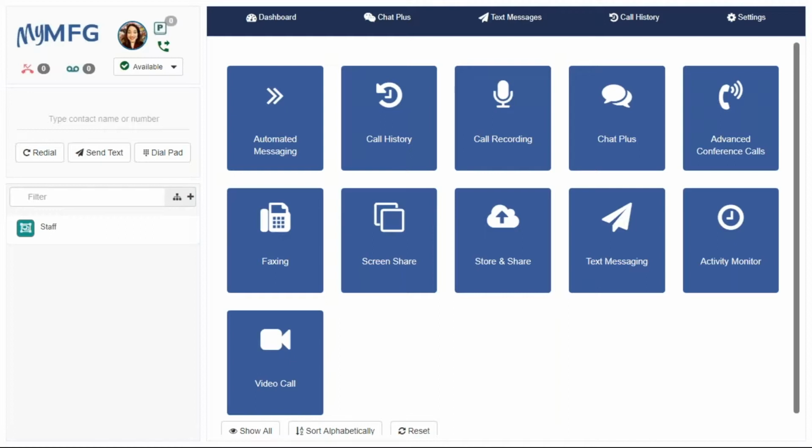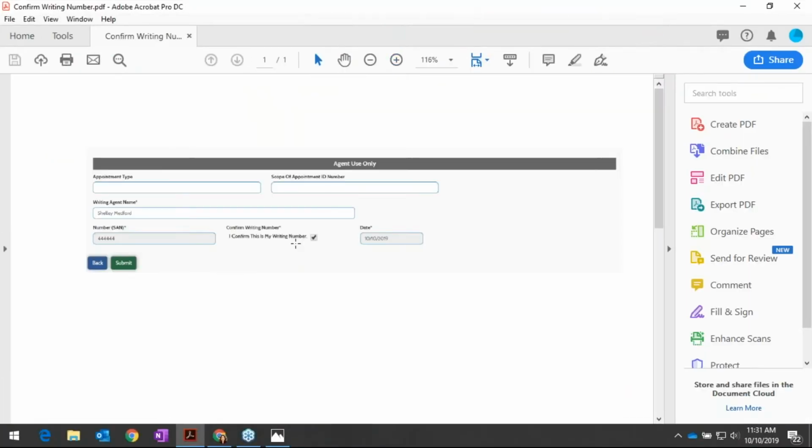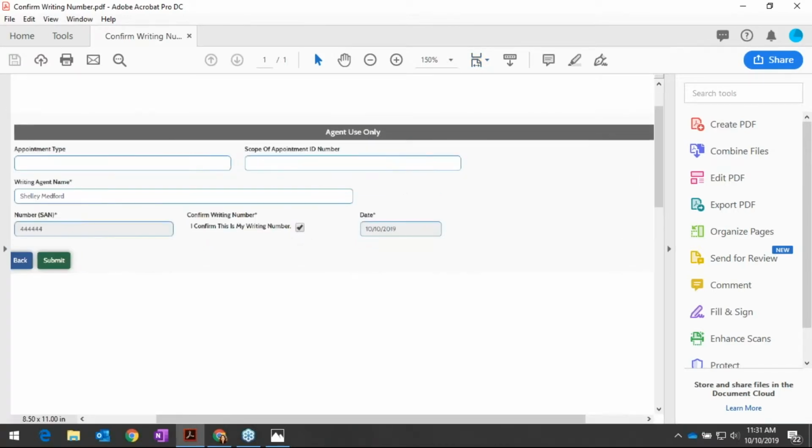And once you get to the end of the application, once you've done the scope, you've gone through everything, you're going to come across a little bit of nuances. So I want to show you exactly where this is. So I took a screenshot for you that I'm going to drag over here. And for those of you who are visually impaired, I hope that you can see this well. This is just a screenshot of the bottom of the last page of the enrollment. Once the